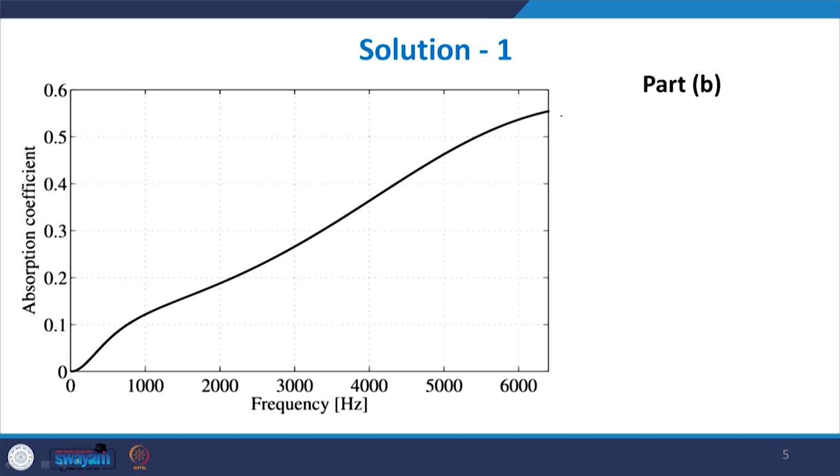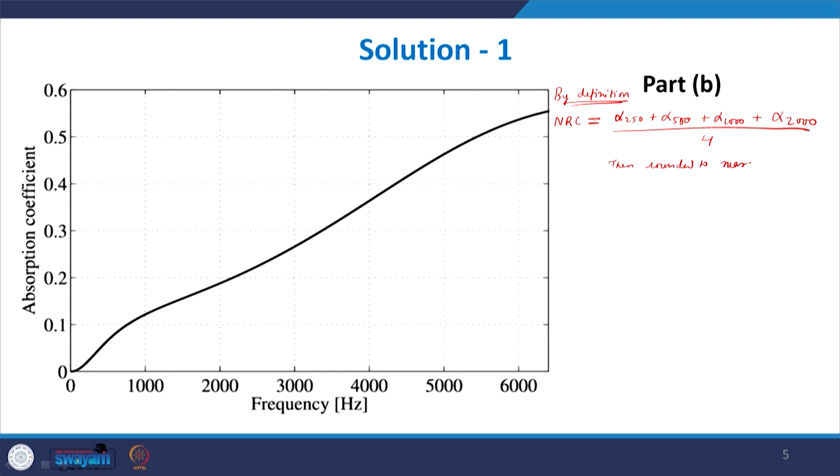So the NRC value has to be calculated. By definition, as defined in the class on porous materials, the noise reduction coefficient is yet another metric to measure the performance of a porous absorber, which is given by the average value of alpha at 250, 500, 1000 and 2000 hertz. So we find these individual values at 250, 500, 1000 and 2000, and then we take the average,